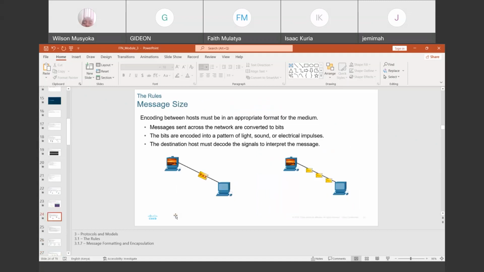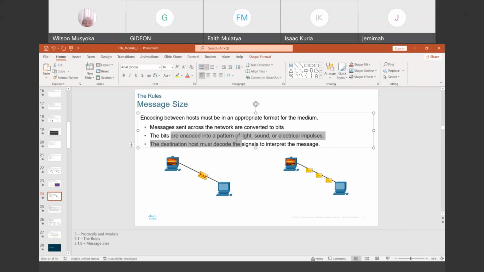Then we move on to the message size. When we are talking about encoding, we are saying that we have to have an appropriate format for the medium, so that when messages are being sent on the network, they will be converted into bits. The bits are going to be encoded into a pattern depending on what we are using.